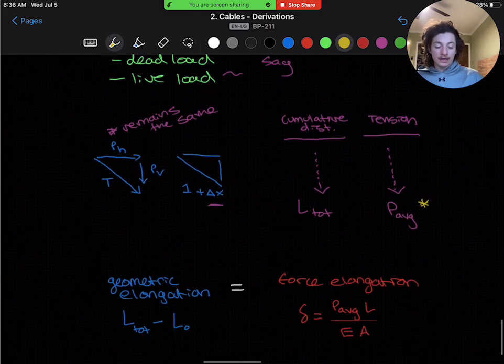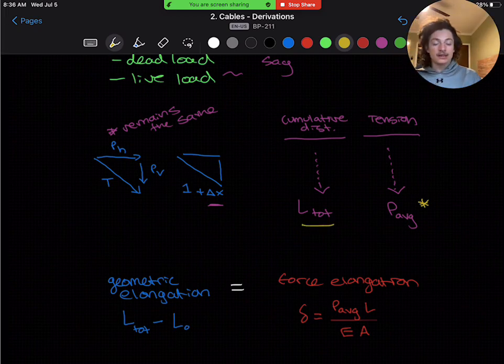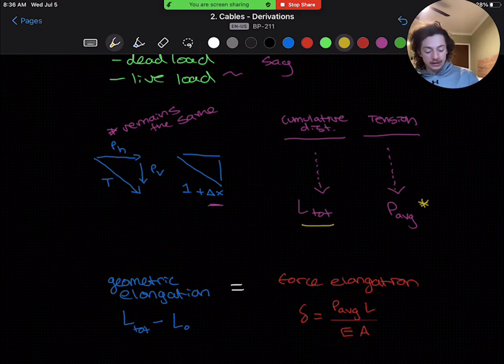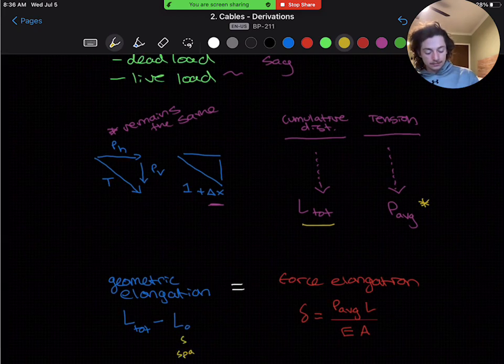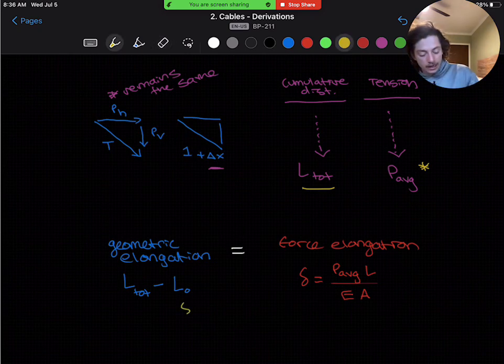So finally, we can come through to our equation I presented before. We have our geometric elongation, which is going to be our L total, which I've put down here. That's going to be the cumulative distance that the cable stretches, minus our L naught, which is going to be just our span at that geometry. So, sorry, it won't be our span. It will be our cable length from previous